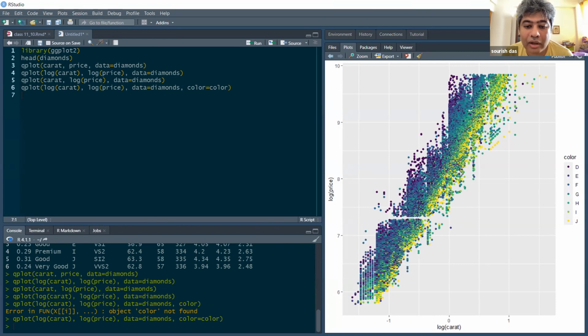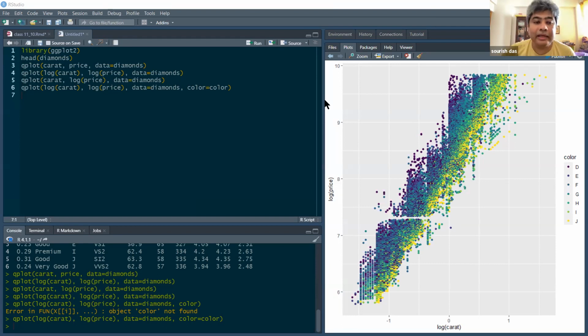Now you go through the colors: as the color becomes better and better within the same carat category, the price will increase. That kind of story we can see, I think. Does that make sense, guys? I mean, what I'm trying to say?